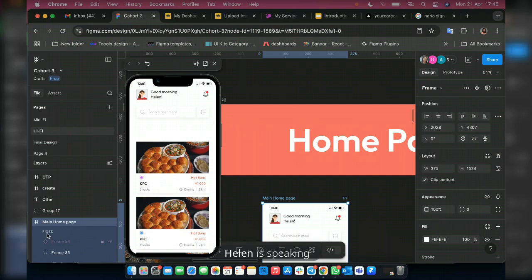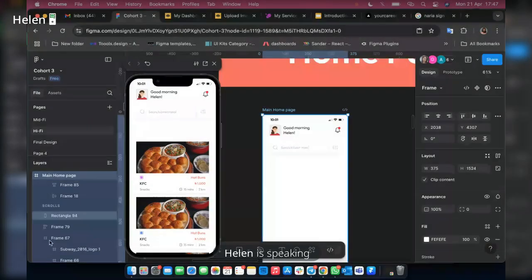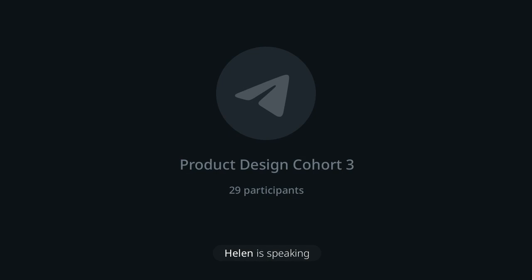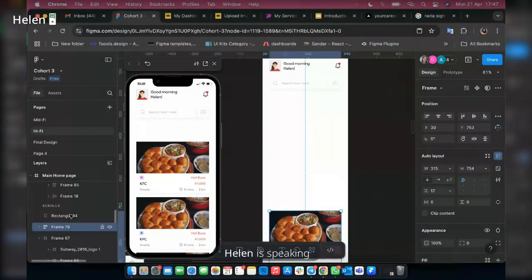So I already have this here. I'm just going to come here. This is where I'm going to stay and set it. This is why it's always good to always name your frame. Let me check. I think this is the rectangle here. I'm trying to get the name of this one. The name of this one is actually 72. So I'm going to hold this, 79. So this is 79, and I'm going to hold this, the rectangle,